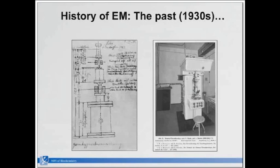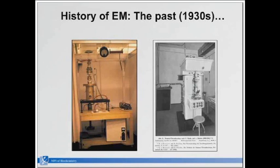Just to give you a little idea how it looked in the former times, and it's pretty much the same setup now today. In former times, they already had boxes in the back of the microscope, so this is not a new idea from FEI to build a box around the microscope. They had the boxes to cover all the vacuum system and electronics in the back. But in principle, it's the same setup for every microscope nowadays, just they look a little bit simpler in former